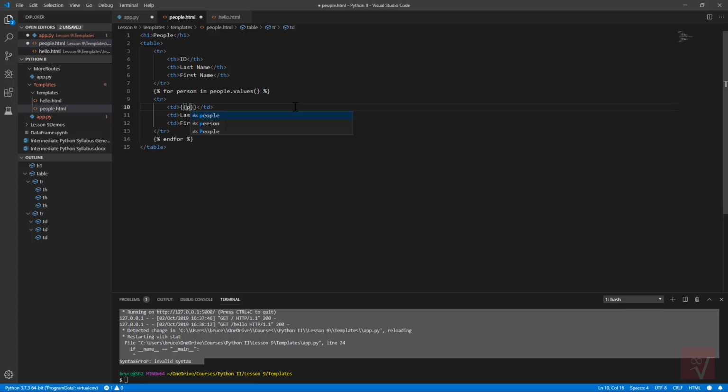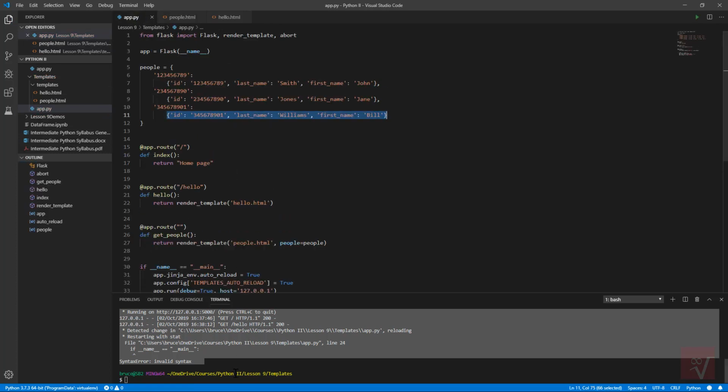So if I type in person.id, it will look inside of this object for the ID member. And it's smart enough to know that if it's a dictionary and I say .id, it'll call its indexer. The next one will be last name, and then finally, first name. I'm just going to give it a quick once over and make sure it looks okay. So far, so good. I'll save that file, go back to app.py and save this file,